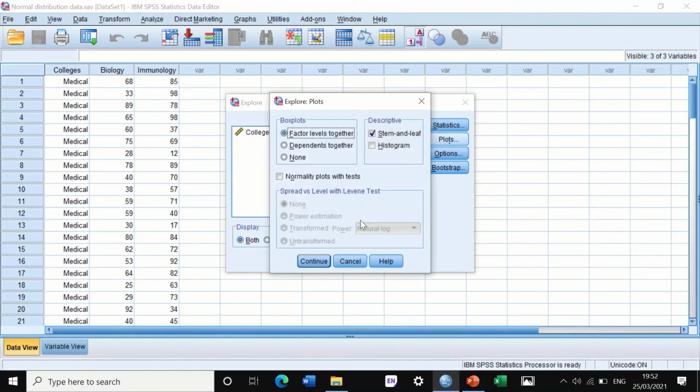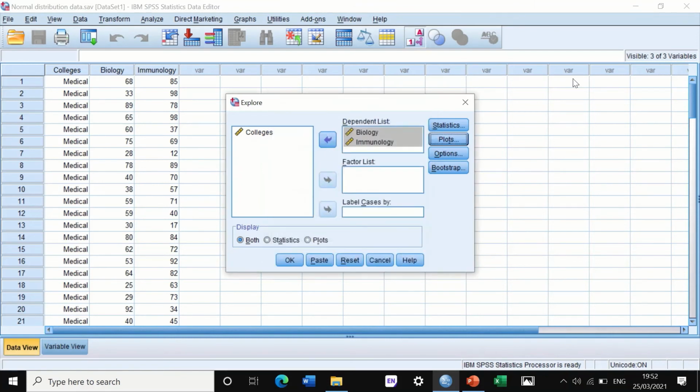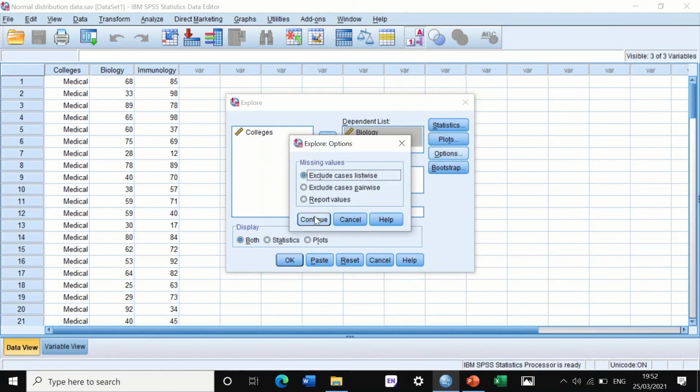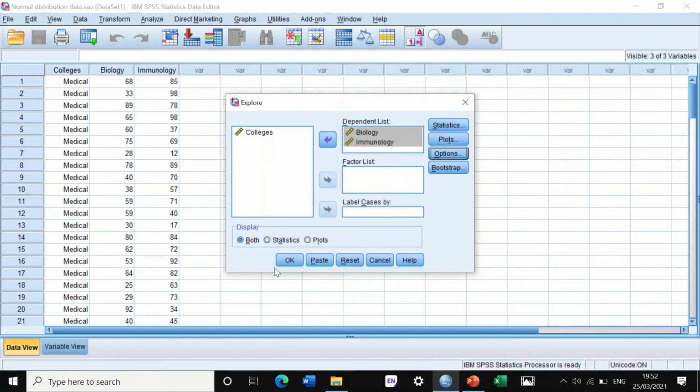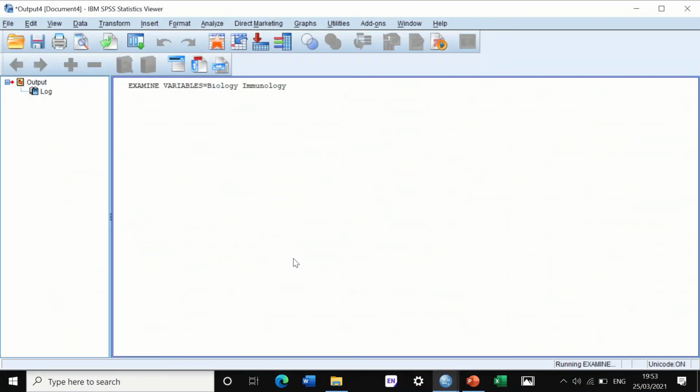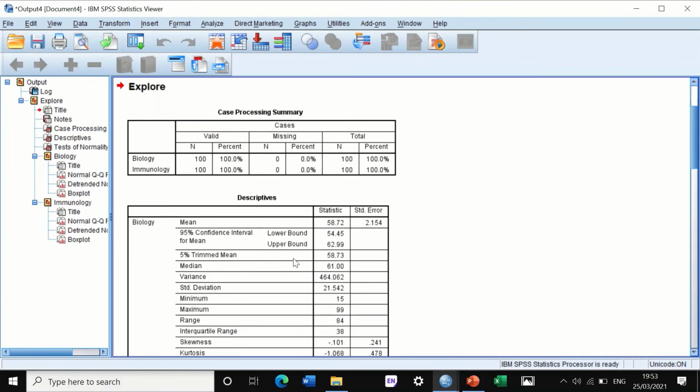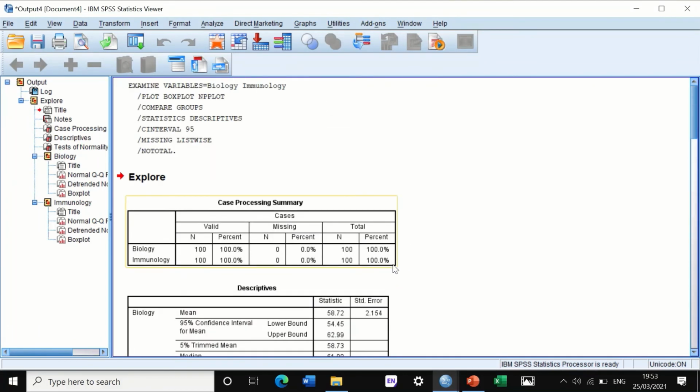In the plot section, in the descriptive box, just uncheck the stem and then check the normality plot with tests. That's what we really want the software to do. Click on continue. In the options icon, just keep it as it is, and here we need to make sure that we get display of both. If we click on OK, the SPSS will generate an output, as we can see here, with multiple tables, and